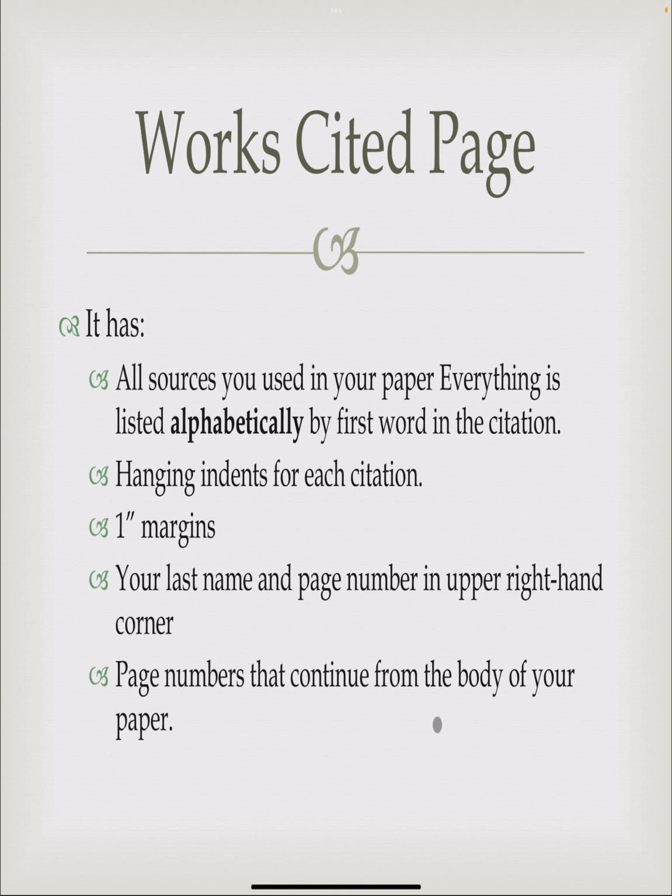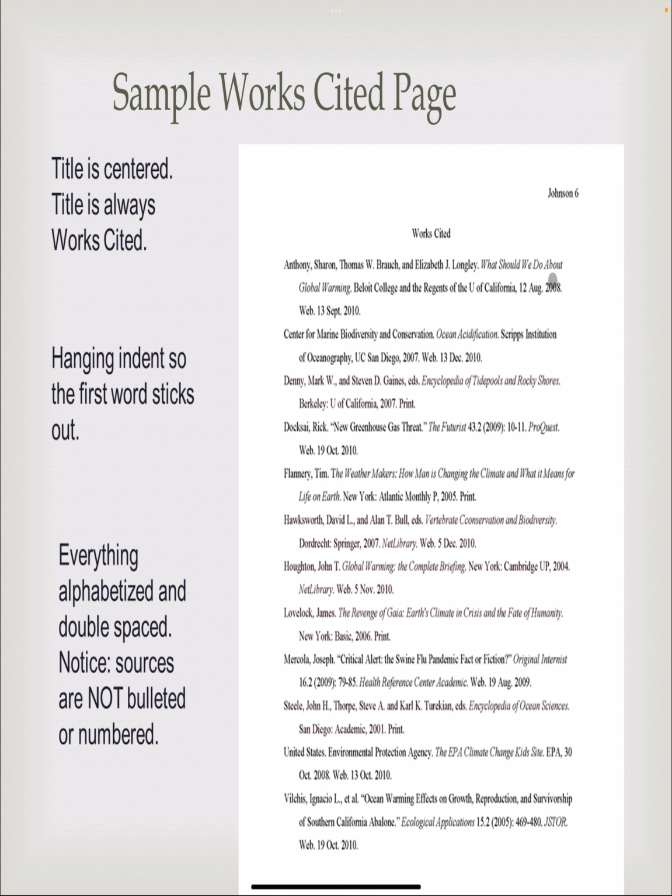of your paper. So here's an example. We've got that centered works cited, no underlining, no bold, no italics. Your last name and the number corresponding, right? So with this works cited being the last page, we know there are 5 pages before it. This hanging indent is when the line starts flush here, but then indents on later lines, right? So we'll talk about the tricks to get the hanging indent to work in your Word document at a